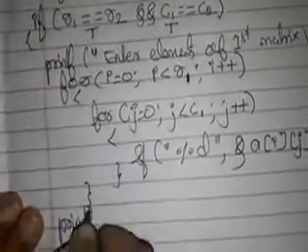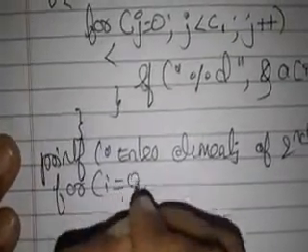Next I need to read the elements of the second matrix. That is, enter elements of second matrix. Okay. So what to do for that? Again, for I is equal to 0, what do I have to take now? R2, because R2 represents the number of rows of the second matrix. J is equal to 0, J less than C2, J plus plus. Okay. And next to that is what? Same thing. Scanf %d ampersand B of ij.